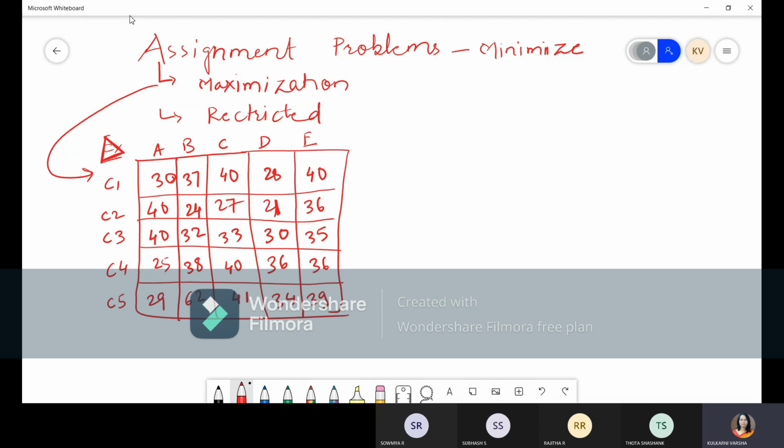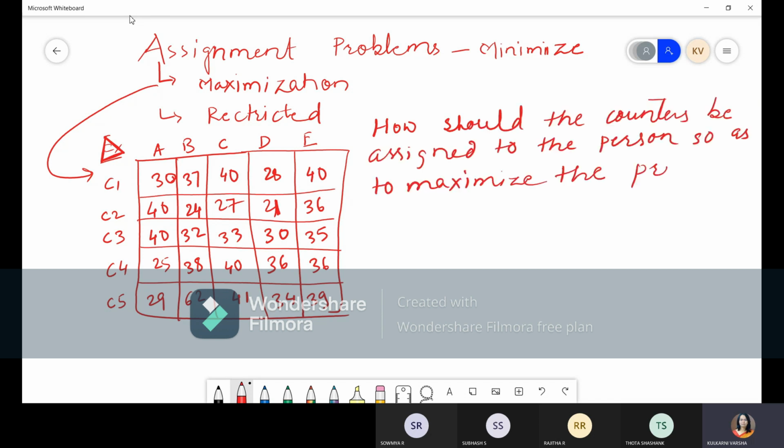Okay, so they will give the problem statement saying that there is a company in which they are doing the registration for something. There are 5 registration counters and there are 5 people who will be available for those services. Like that, a big problem statement will be given. Now the question is what? The question they have given at the end is how should the counters be assigned to the persons. By this particular sentence, you will come to know that this is the special category of assignment problem, because they are asking to maximize the profit.